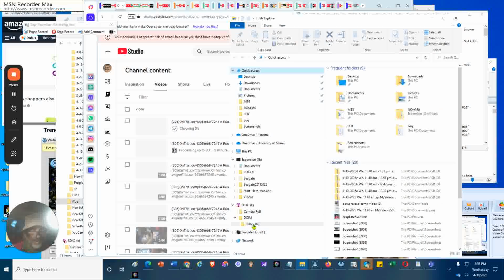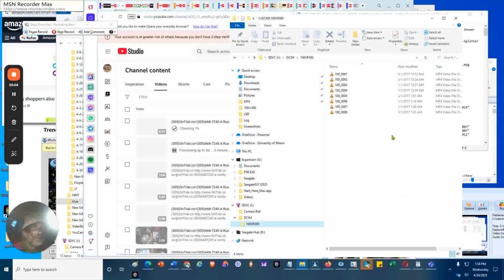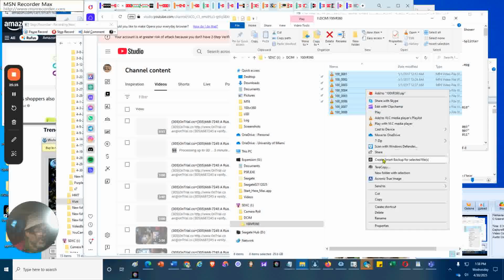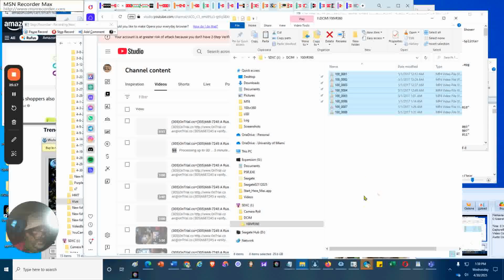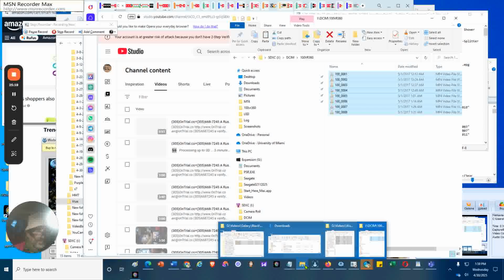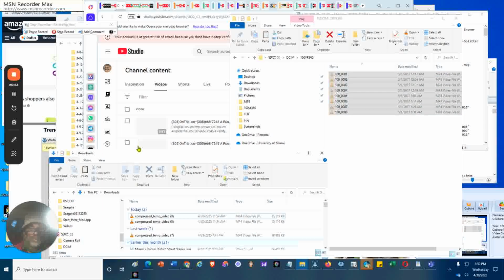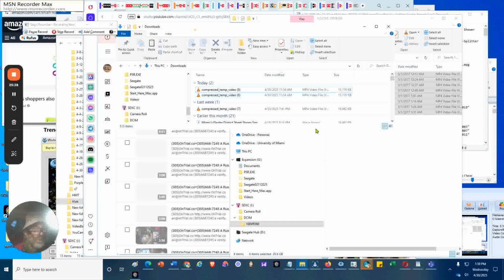DCIM and VR 360. This is all 360 camera folder. Tap the first one, shift tap to the last one, cut from the micro SD card and paste into the hard drive in another subfolder. So I'm going to open it, target subfolder, change from the download